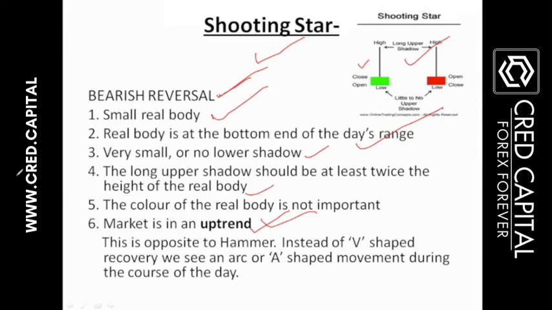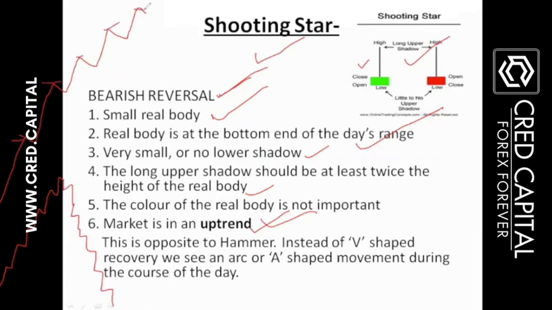For example, if the market is completely following an uptrend like this, the market always makes the uptrend in swings or in a kind of formation. The market follows the trend in a complete pattern, and if the market falls, it will also fall in a pattern. So the market at the resistance level, here and here also at the resistance level, you can see the shooting star.